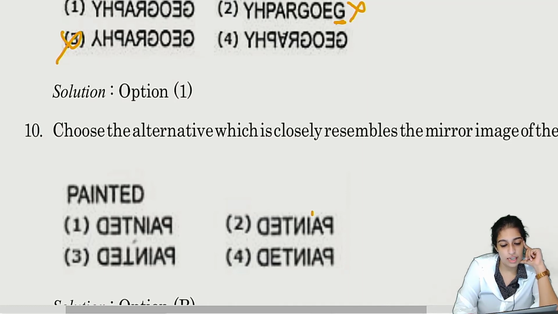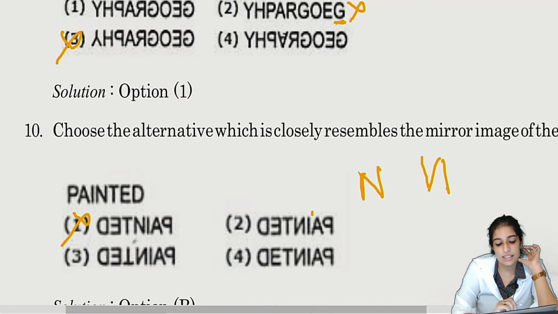Acha, now if you see N, N will change. N is towards the right hand side. जब हम लिखते हैं N को हम right hand side तरफ लिखते हैं. अब उल्टा लिखेंगे. Left, if we write it like this, we will now write it left hand side. ऐसा दिखेगा तुम्हारा N. Okay, so it cannot be 1 क्योंकि 1 में N as it is दिख रहा है. Okay, so we have excluded PAIN